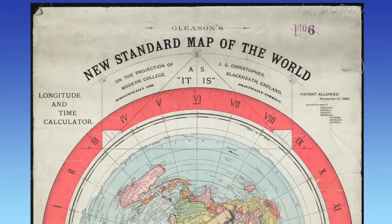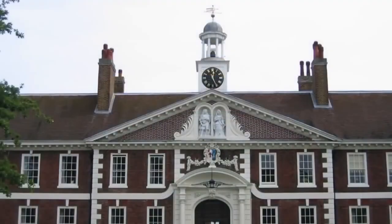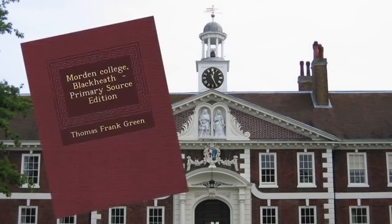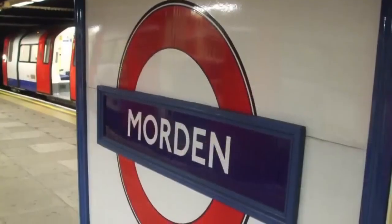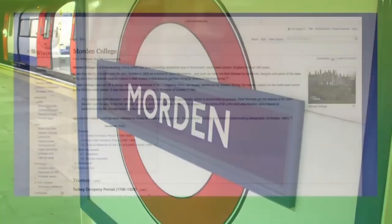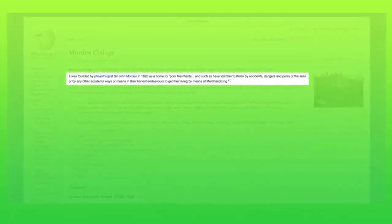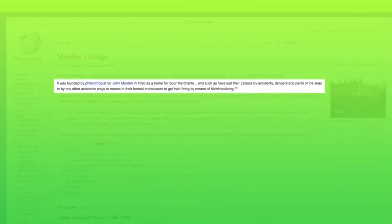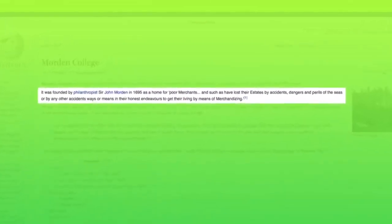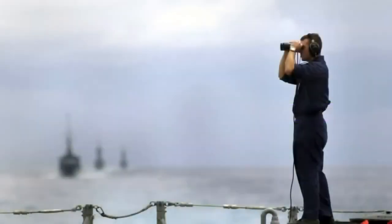The map, which forms the central section of the chart, was created by one J.S. Christopher, and he claimed that Modern College is a misspelling of Morden College, which is just outside London, is equally credible given that the map appears to have been designed in England and then printed in the United States. It's not unreasonable for the US printers to have assumed that Morden was a misspelling and to have made the correction themselves. In either case, Morden College was originally opened, quote, for the poor merchants and such as have lost their estates by accidents, dangers and perils of the seas. So it's quite reasonable to conclude that whoever J.S. Christopher was, he or she is quite likely to have had some considerable experience of the oceans and the maps